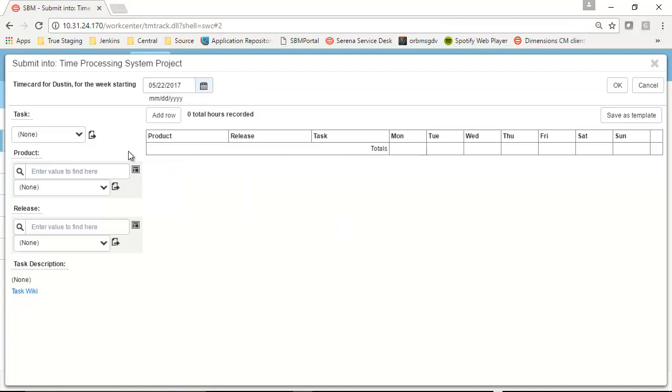We will now enter the task, product, and release. I'd like to note here that in the JavaScript, there are rules on certain tasks that require product and release to be filled out. If you have one of these tasks, you will see a red pulse around the area that needs completion. So let's fill out the product and release,